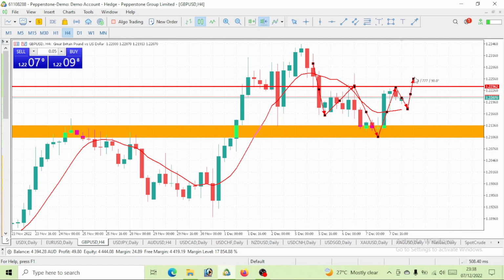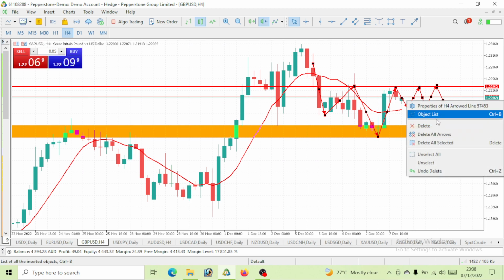If price manages to break above it, then I'll say that will be a good opportunity to go ahead and take your buy, because price can actually come to the same level again, drop again, come to this same level again, drop again, and thereby price might be ranging within this level till maybe the London session opens. We tend to have a good movement on GBPUSD in the London session or the New York session. But as of now, we might be having a range market move.